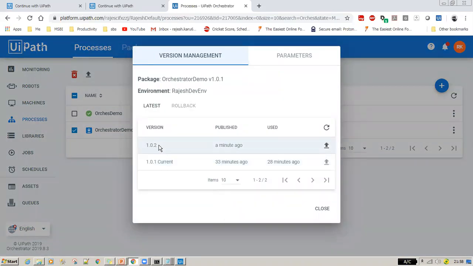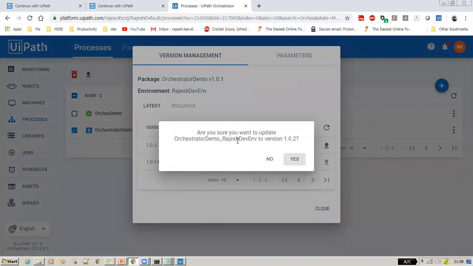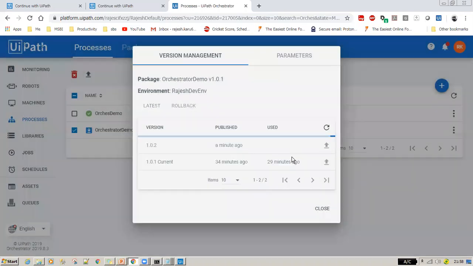See, as of now it is running on 1.0.1, but you would like to update the version, right? Because there is an update you published. So all you need to do is go here and say use 1.0.2. I'm saying use. It says, would you like to update your package version to a newer version? Just say yes.